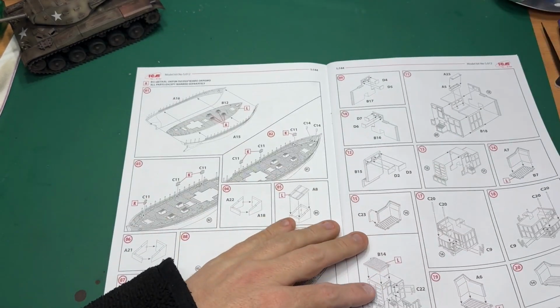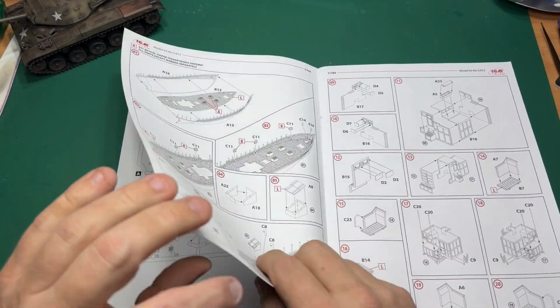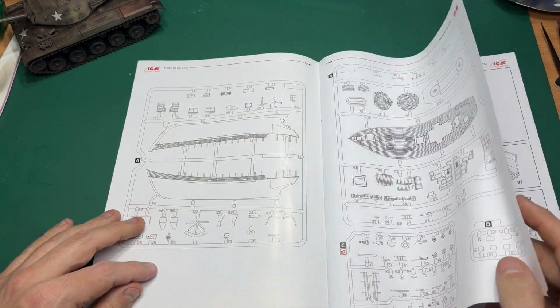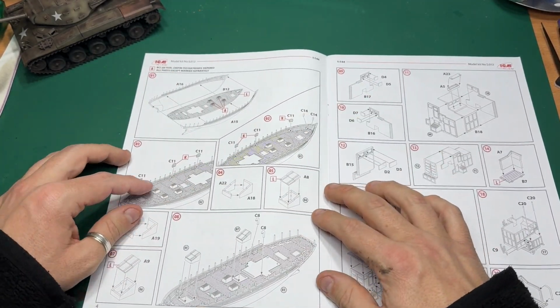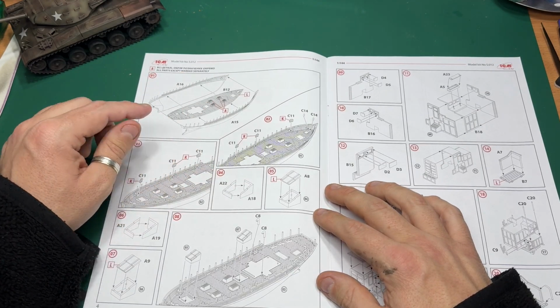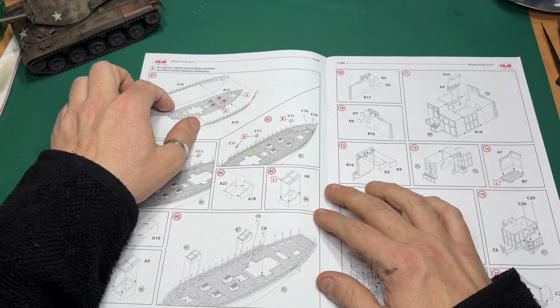Yeah, looks like they have a call out for the colours, but I can't see it here in the instructions. We'll have a proper look in a while. So A and L, basically the colours, but the pictures look pretty good. You've got a bit of an exploded view, arrows showing you where it all joins together, which is